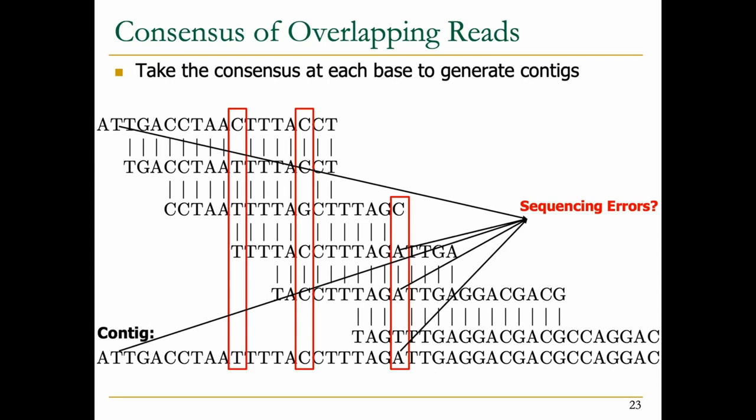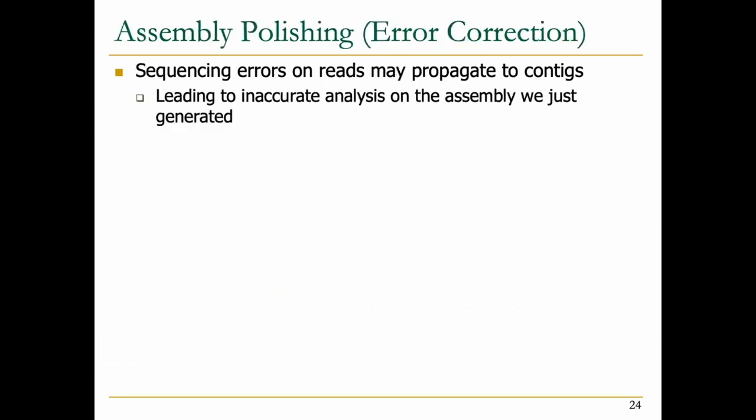And then we want to generate an assembly as accurate as possible so that our analysis on this genome assembly is also going to be accurate, right? Because it's a very sensitive analysis that we're doing over there. And the step to correct the errors in genome assemblies is usually referred to as assembly polishing. As we said, sequencing errors on reads may propagate to the contigs, leading to inaccurate